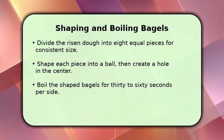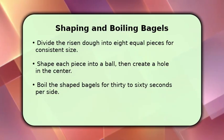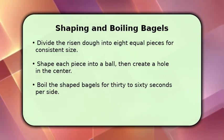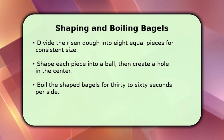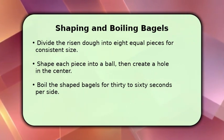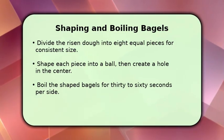Once your dough has risen beautifully, it's time to shape those perfect bagels. Gently punch down the dough and divide it into 8 equal portions, each weighing about 4 ounces. Roll each portion into a smooth ball, then use your thumb to create a hole in the center, stretching it